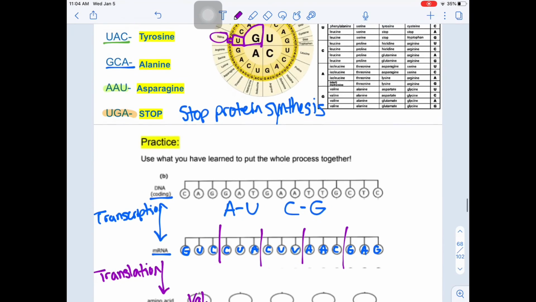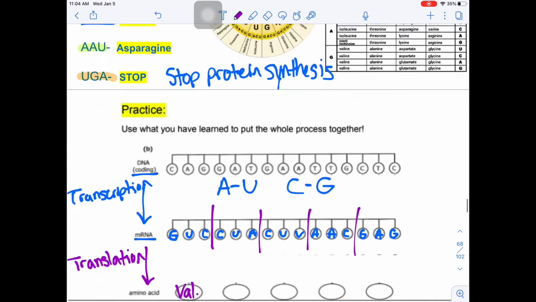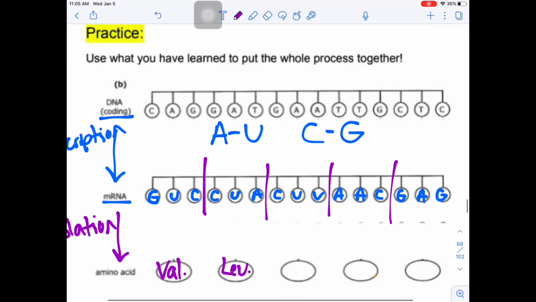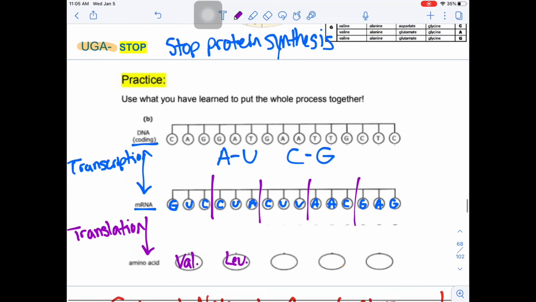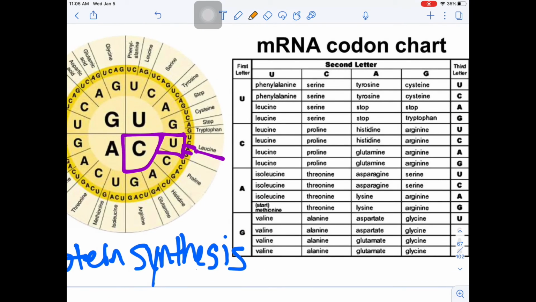Next we have CUA. So let's do that again. Our first letter is a C, and then a U, and then an A. That's the amino acid leucine. I'm just writing the first 3 letters because they're kind of long and this just saves us some time. We know what we're talking about. So that's leucine. Next we have CUU. Let's do the chart for this one. C, U,